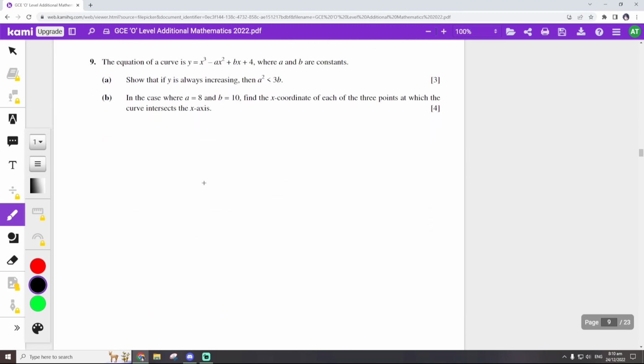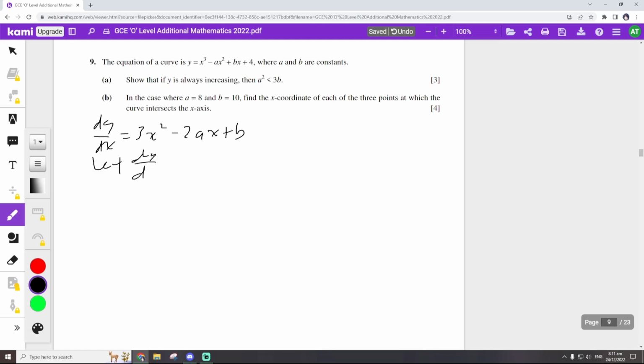The equation of a curve is y equals x cubed minus ax squared plus bx plus 4. Show that if y is increasing, then a squared is less than 3b. This feels quite similar to the Cardano criterion. dy/dx equals 3x squared minus 2ax plus b. So if y is always increasing, then